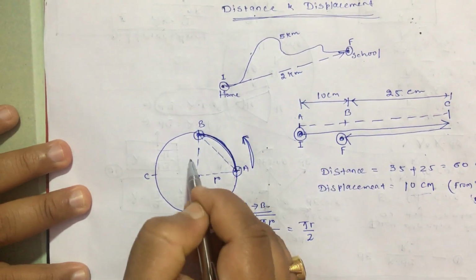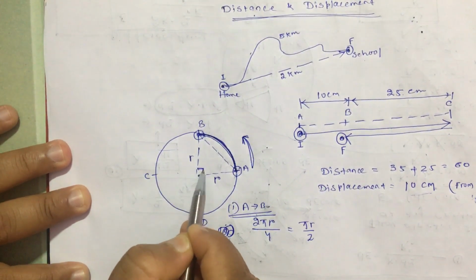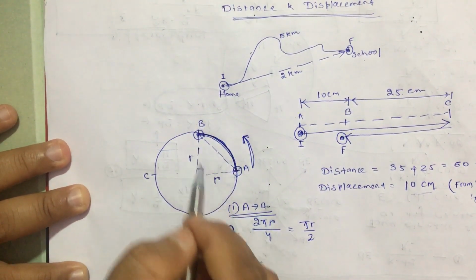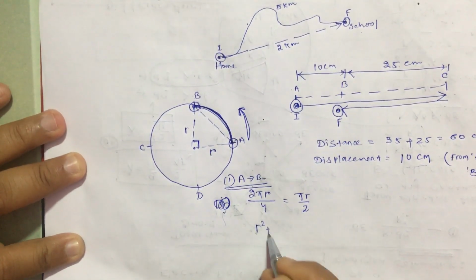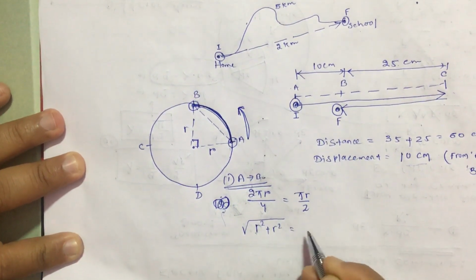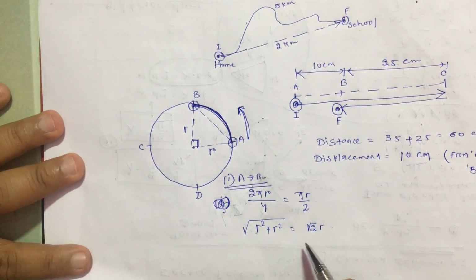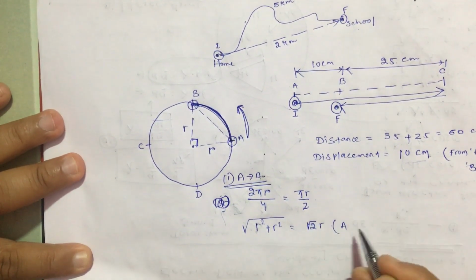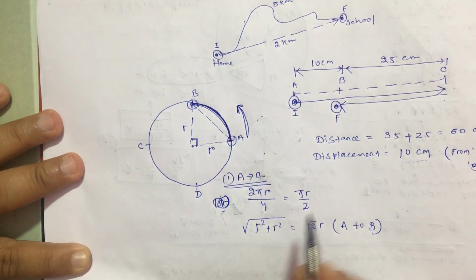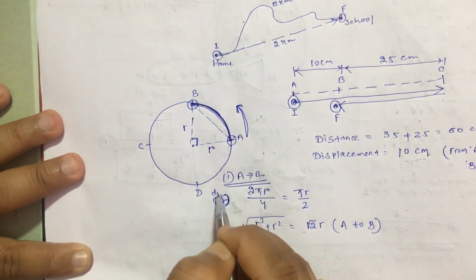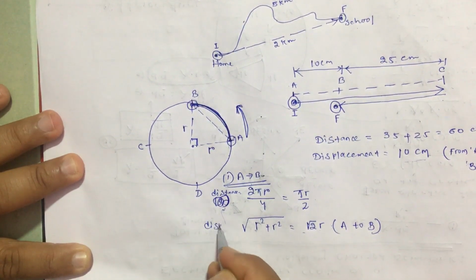Very easy. This is R. This is going to be R. This is going to be 90 degrees because the total is 360 divided by 4. So it is 90 degrees, and it is R, it is R. So this distance is going to be obviously the square root of R square plus R square, which is equal to root 2 into R. So this is the distance, and here you have to mention also from where to where, A to B. This is the magnitude, this is the direction. Okay, this you have found is distance, and this one is your displacement.